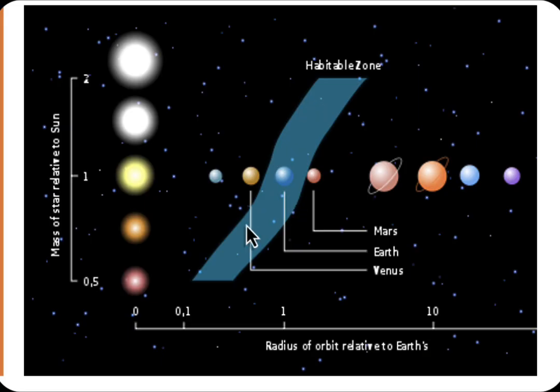Venus is a little bit too close to the sun, which helps explain why, even though Venus has an atmosphere, they also have a runaway greenhouse effect, where the temperatures and the pressures are just too great to support life as we know it on the planetary surface. And Mars is just out of the habitable zone, so just barely. Mars is a little bit smaller than Earth. So this helps explain why there isn't as abundant life on Mars, or we haven't found life on Mars, mind you,